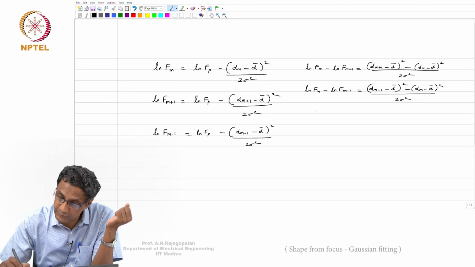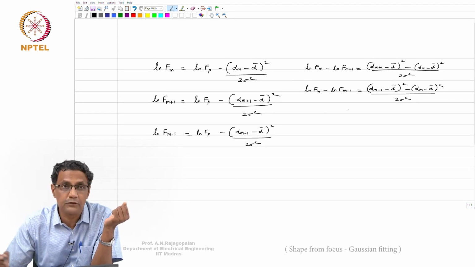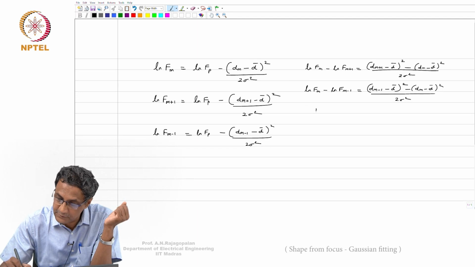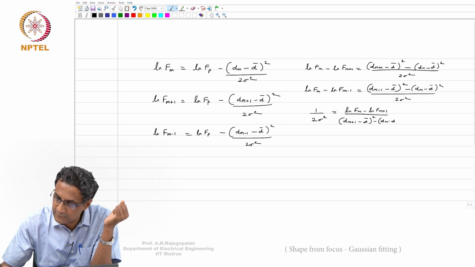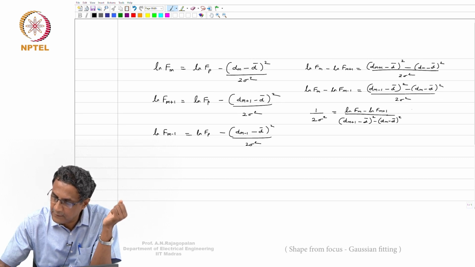Or in other words, we'll also knock off sigma now, because right now we are only interested in d bar. So 1 by 2 sigma square is equal to ln of fm minus ln of fm plus 1 upon dm plus 1 minus d bar whole square minus dm minus d bar square, and this we know is